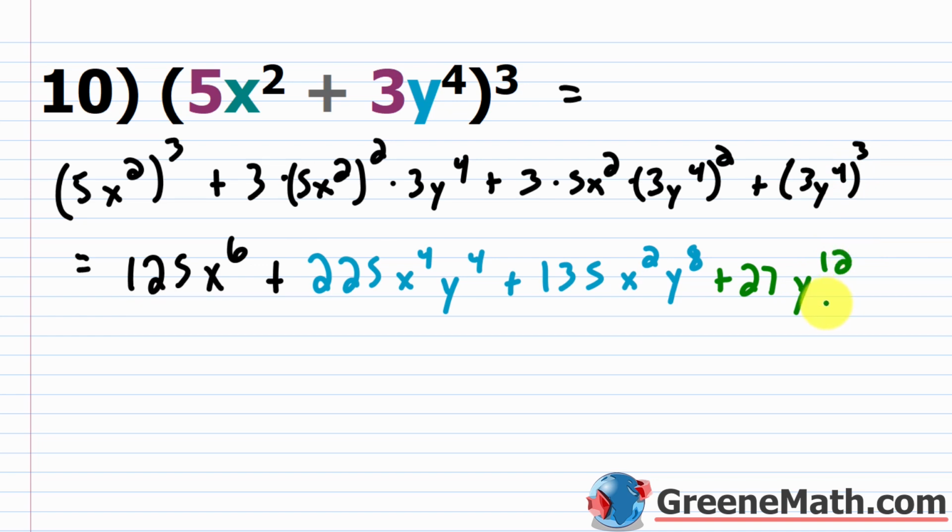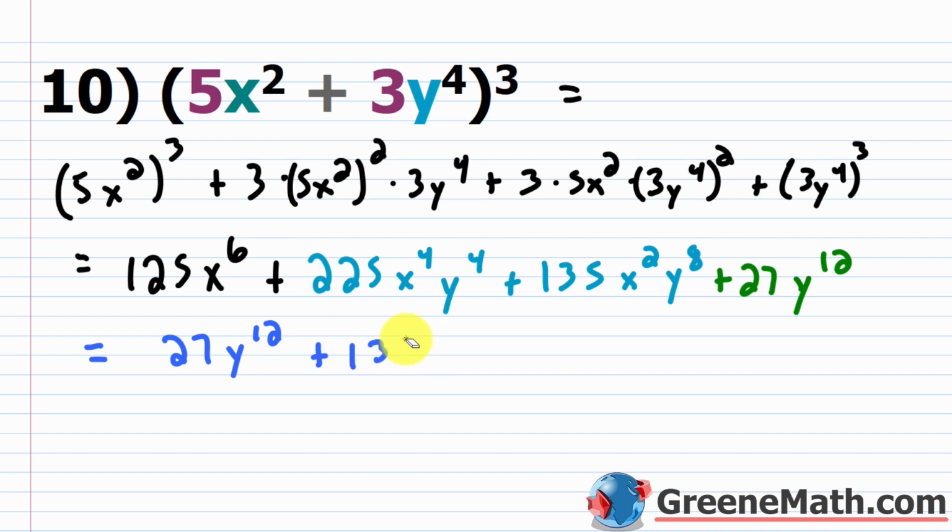It's fine. Again, most teachers do not have a standard form definition when there's 2 variables. But what I've always been taught, or what I try to follow, I don't always do it myself, I try to put it to where the term with the highest degree is on the left, okay? So what I would do here is I would say 27, y to the 12th power. Let's put that to the left. And then the next highest degree would be this one, so plus